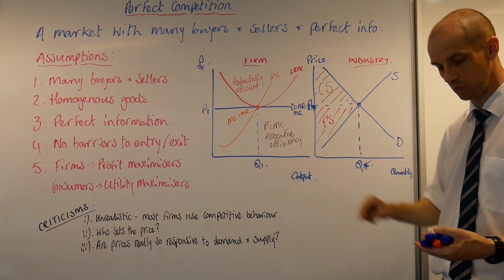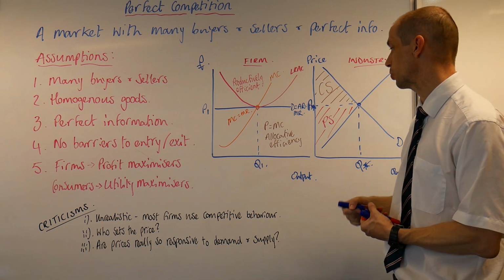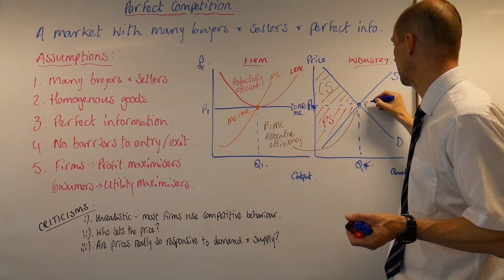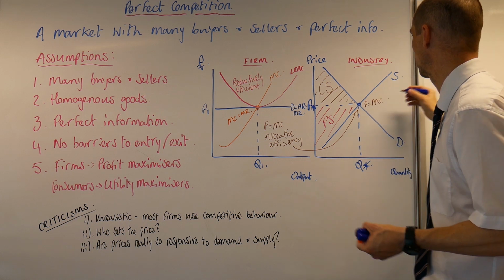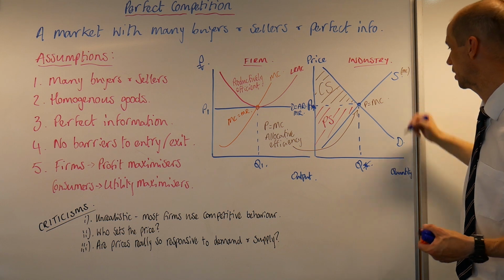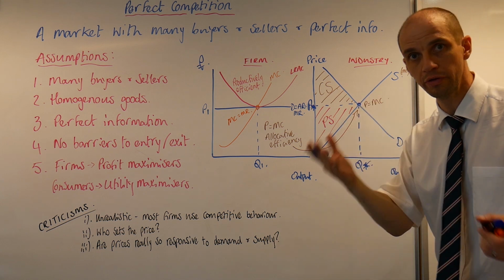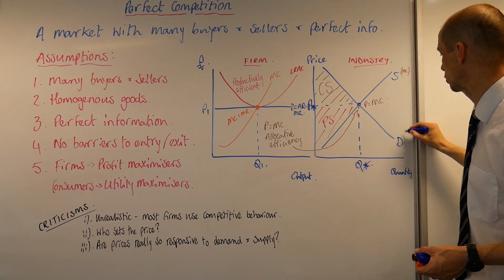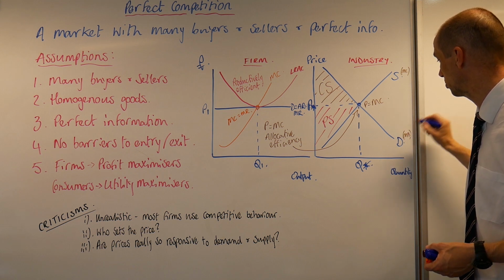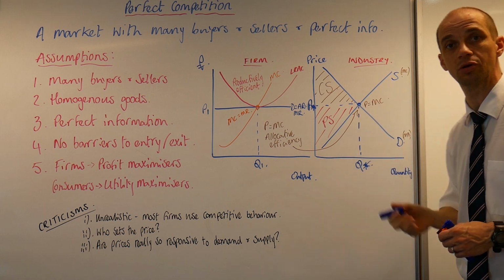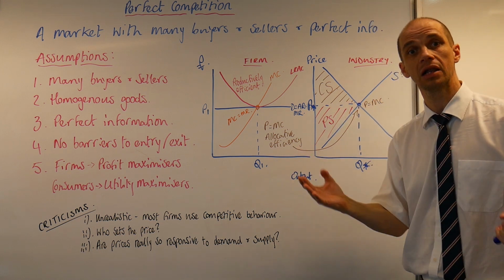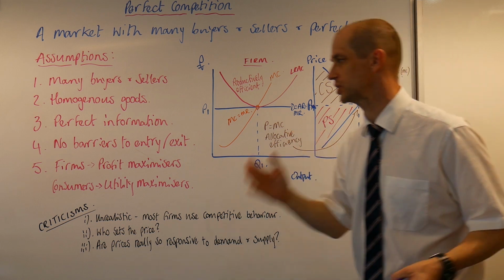And just going back to what we said here, we can see that we have allocative efficiency, and in effect, remember, we have price equaling marginal cost here, because remember that this is effectively all the firms in the industry and their marginal cost, and this is all of the consumers and their marginal benefits. The marginal benefit equals the marginal cost, the price level equals the marginal cost. This is allocative efficiency. Great stuff.